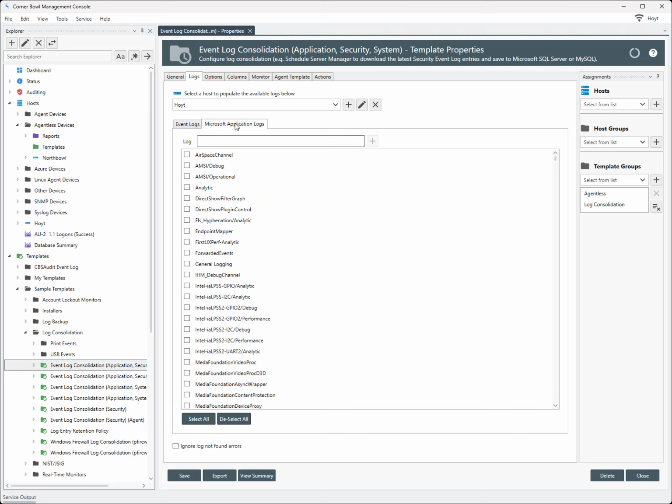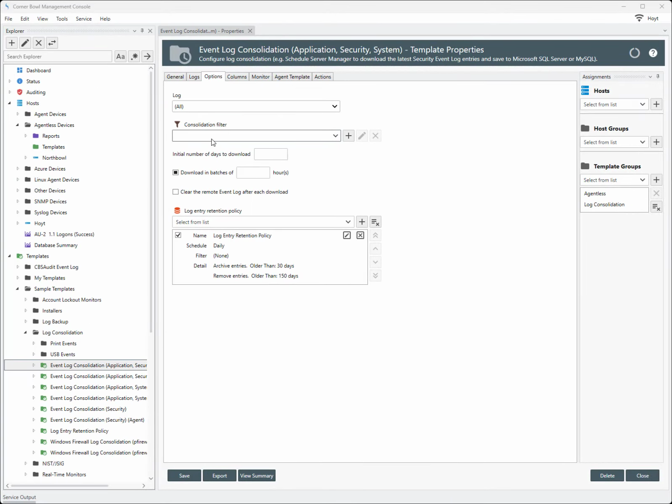Use the Microsoft Application Logs tab to select any of the Microsoft application logs. You also have the option to manually specify the log to manage. The Options tab enables you to apply a consolidation filter. Consolidation filters enable you to exclude specific entries from being saved to the database, and we can actually see this